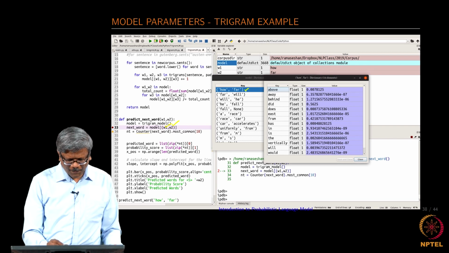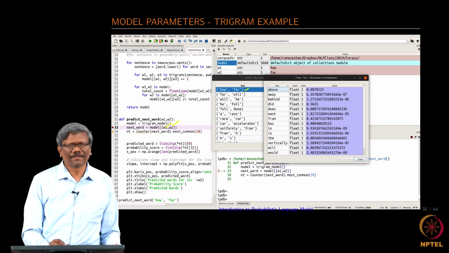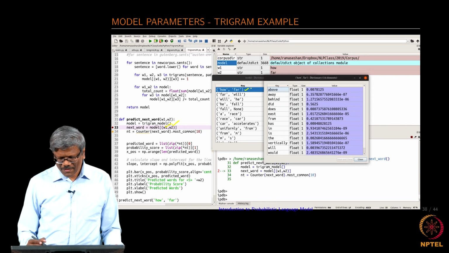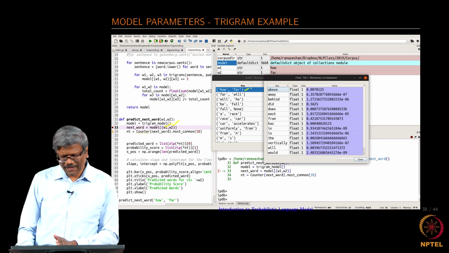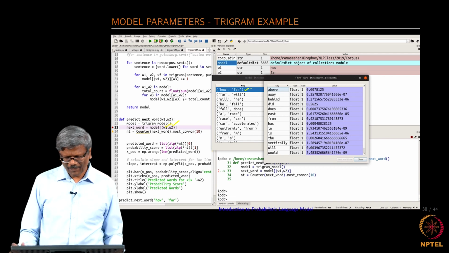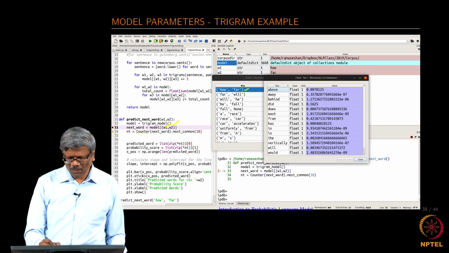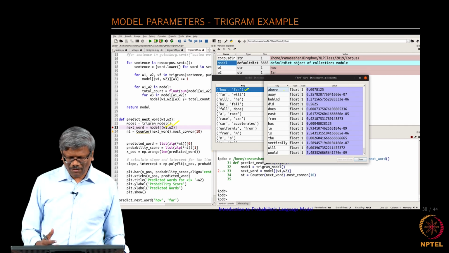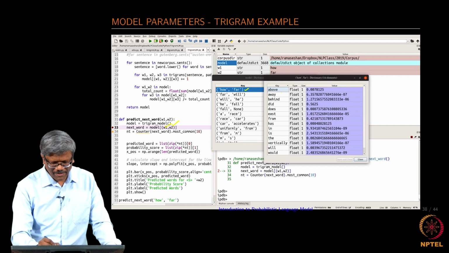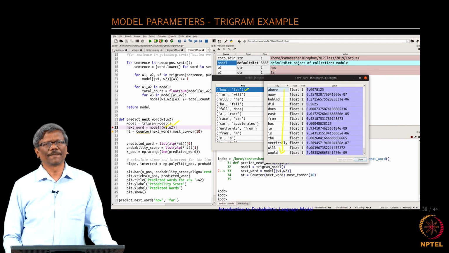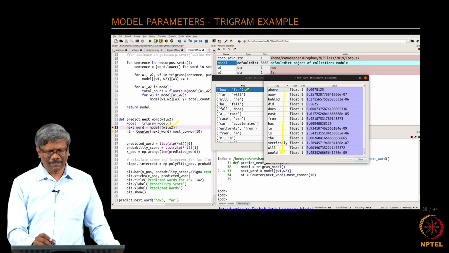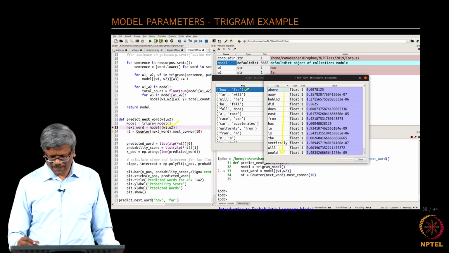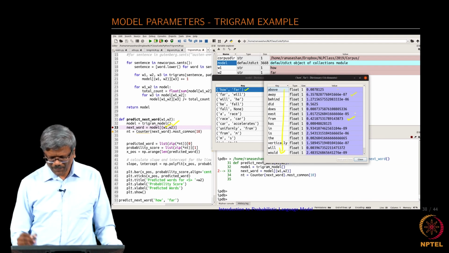So, if we provide the keys, right, let us say how and far. This is going to give us again the list of words that follow how and far. Okay. So, you would see that how far above, how far away, how far behind, how far did, how far does and so on. Okay. There are so many that you will find. Again you will see the probabilities of each of these words that followed those 2 words. Okay. You will see very small ones and bigger ones again in this case.